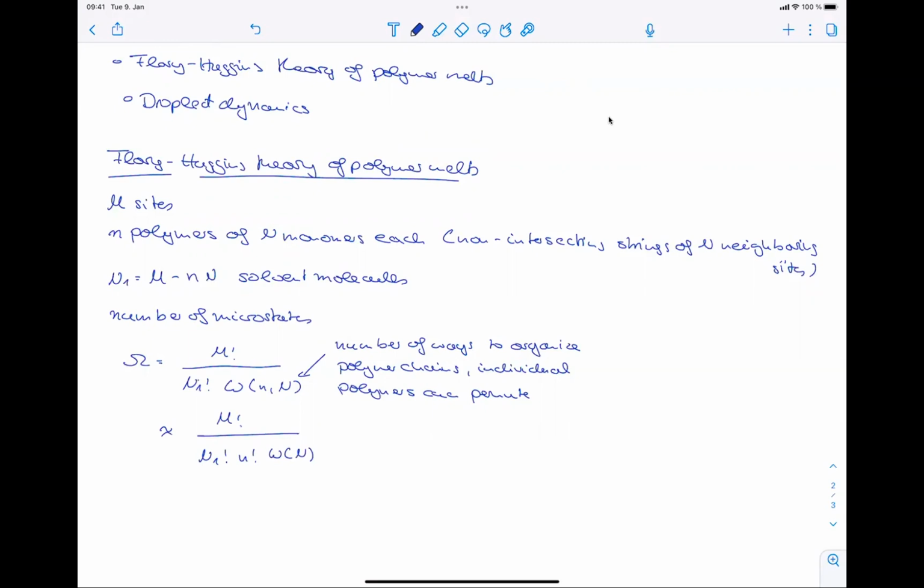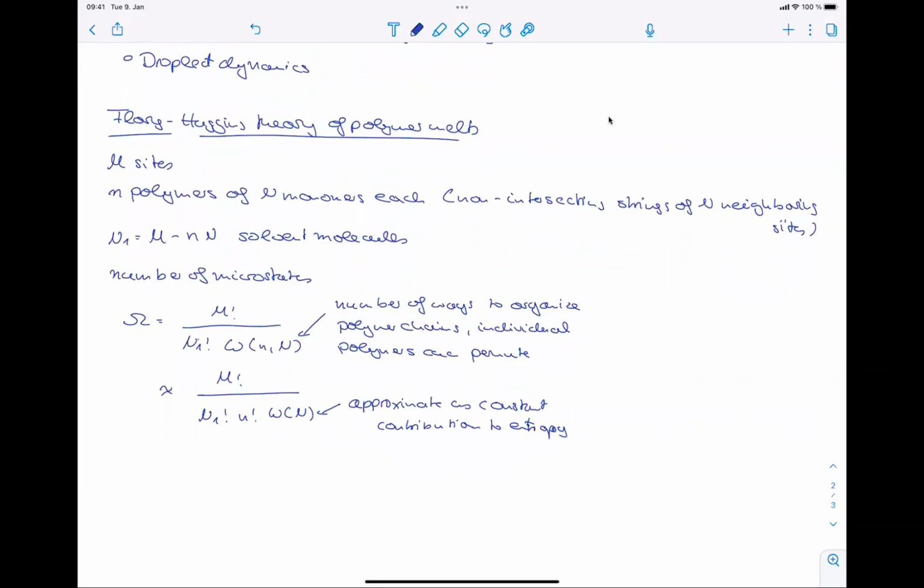And now it seems very, very cumbersome to enumerate these states. And if you did the literature, obviously people did this, but actually it's fair enough, as a good approximation, to assume that we approximate this term as a constant contribution to the entropy, which is obviously an approximation. And then